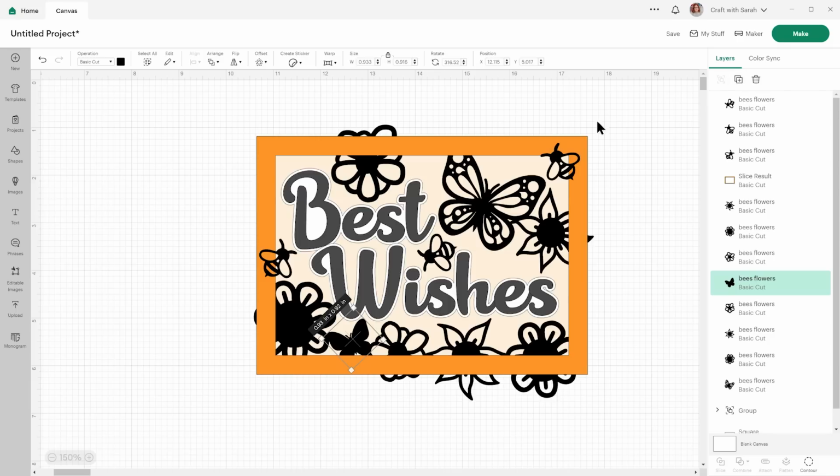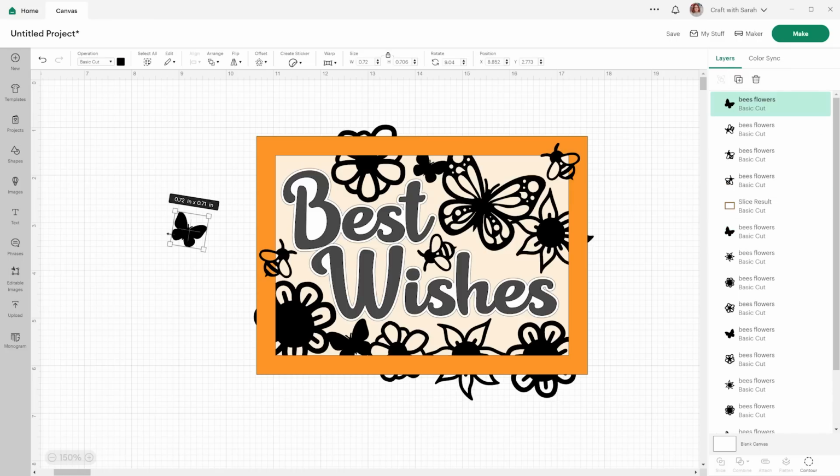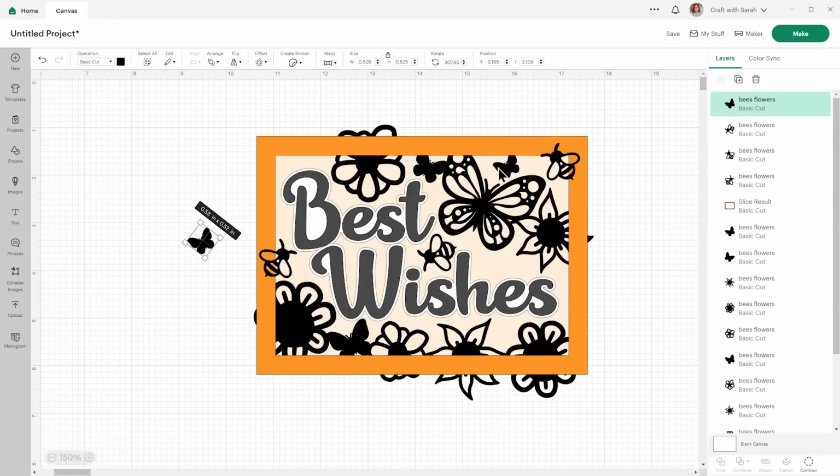Okay, I think we need some more butterflies. One there. And now I'm just trying to fill in some of these little gaps a bit. Make sure we've got all of these touching that outer border or one of the other flowers so that they'll all be nicely joined on. It's going to be a little bit hard to cut out these antennae, that's small, but I think it should be okay.